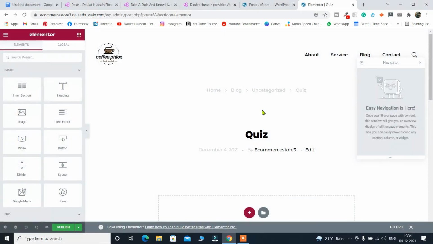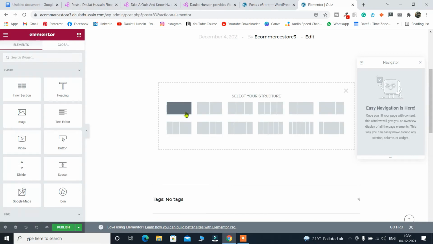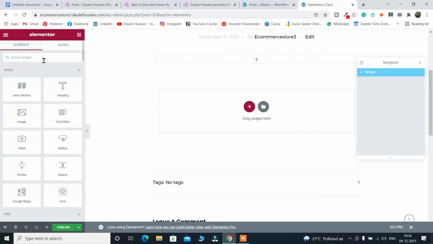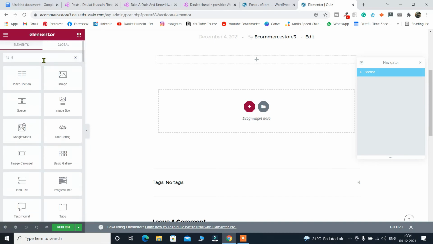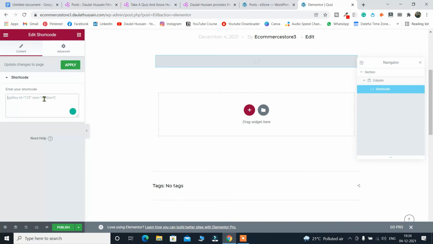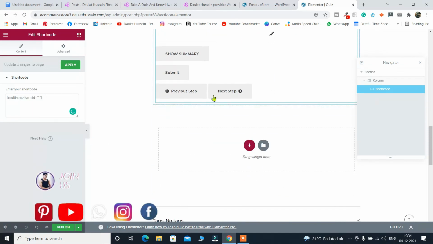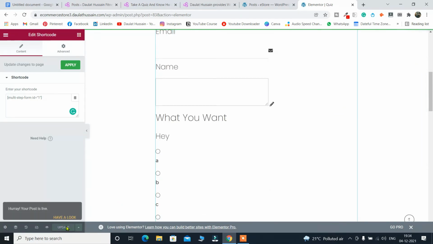I'm just showing you how it works. You make sure that you design your website as per your website theme. So what I will do, I will select this portion because I want to display the code in my whole layout, and from here I'm going to search for shortcode. Shortcode, bring it, and I will leave it here, and here I will paste it. As you can see, I have got the form which I have created. Let me cut this one, let me publish it,